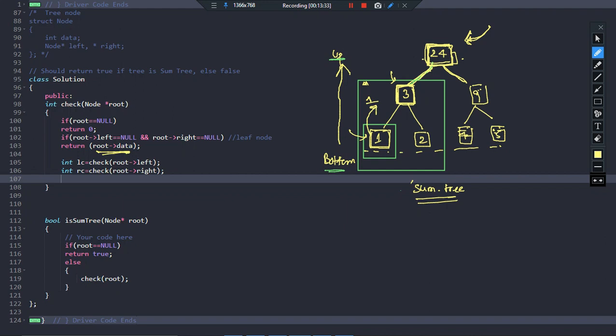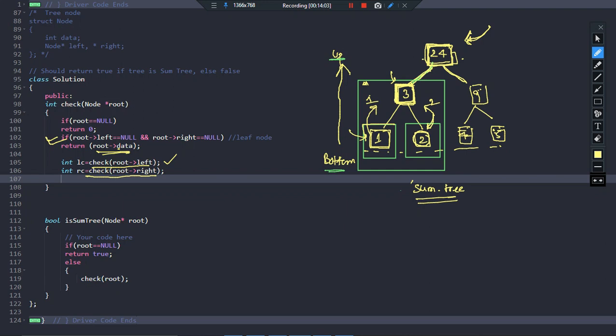Now the control comes to this node. Now this is the root node. So if this is the root node, you have already received the value from the left child, because check root left means what is the value returned by the left subtree, and the value returned by the left subtree is 1. We have received this. So what will you do? You will basically do a recursive call on the right subtree, that is on this node. And again you find out that when this is the root node, this is nothing but a leaf node. Again this line will be executed, and it will return 2. So 2 will be returned.